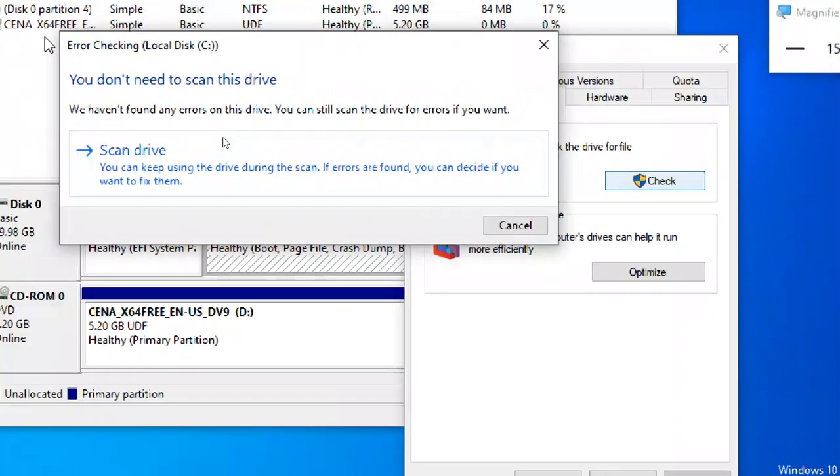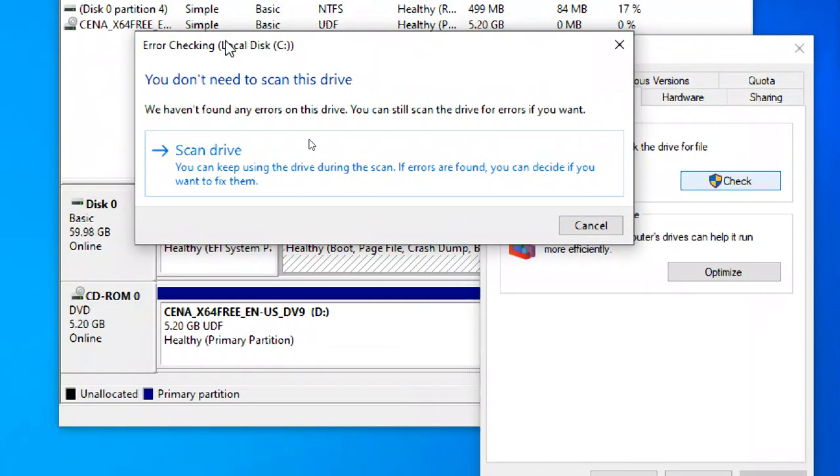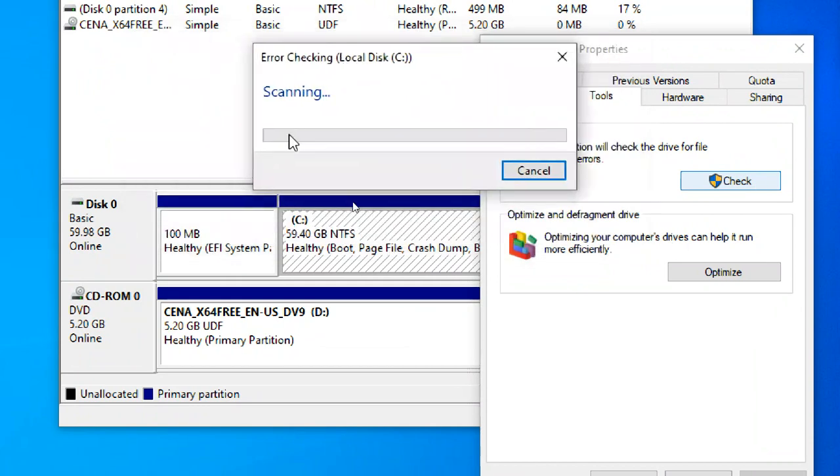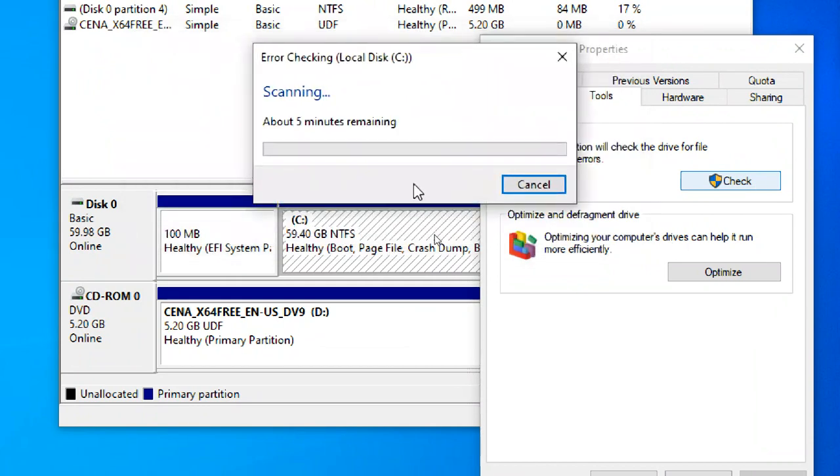So what you have to do is click on error checking. To maintain a disk, do a disk cleanup and error checking. You can scan your disk, and if anything is repairable, it will fix the disk.